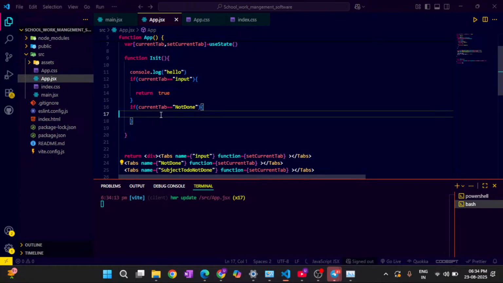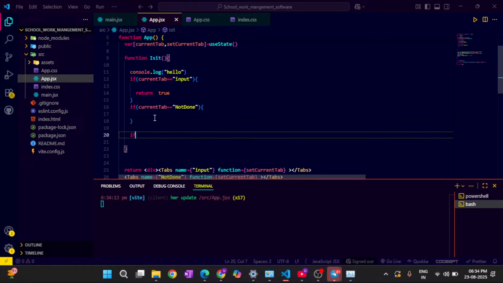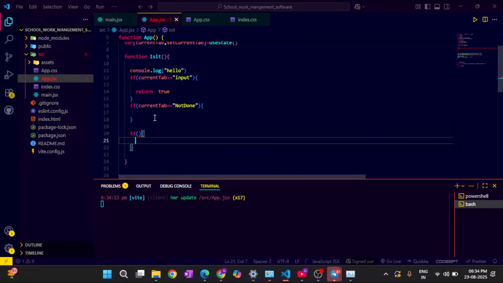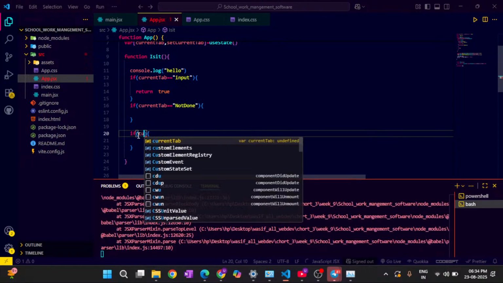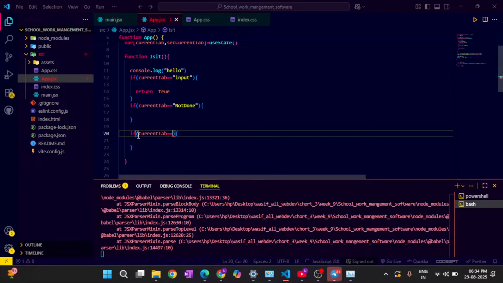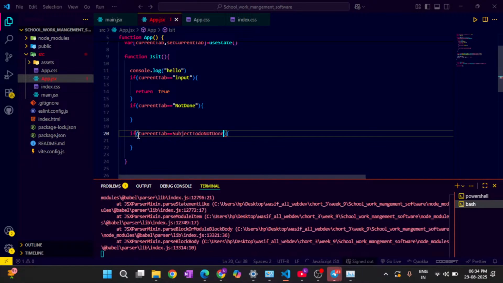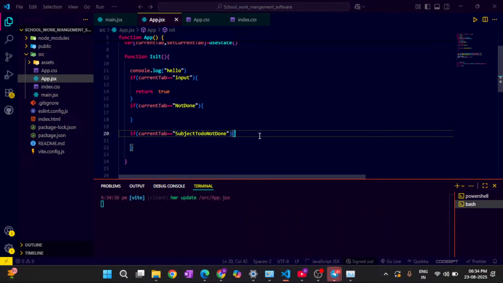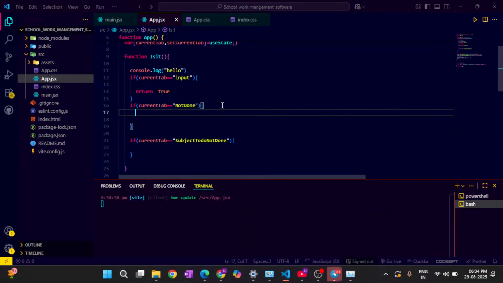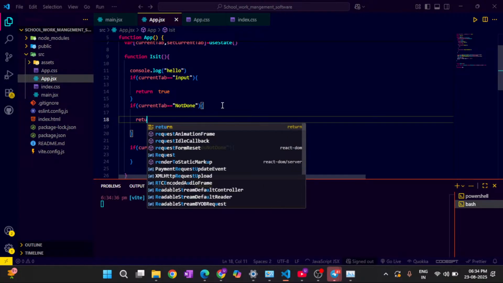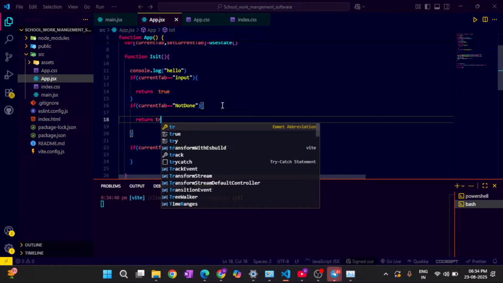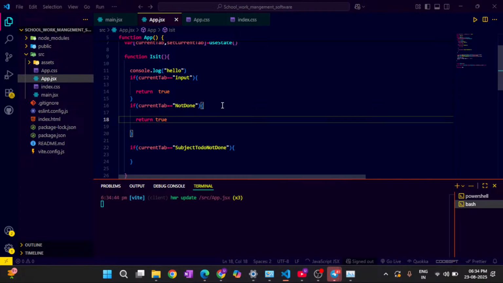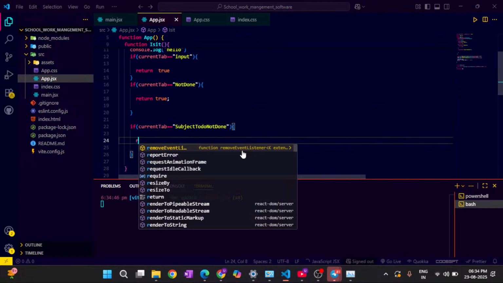And now I'll just use an if statement. For the if statement, I will check if current tab is equal to... what was it? Okay, so it will return true, and it also returns